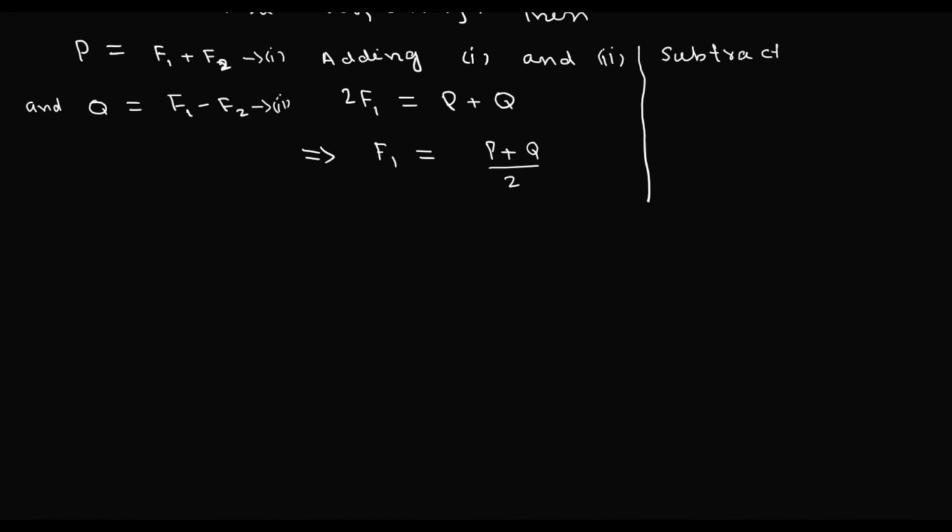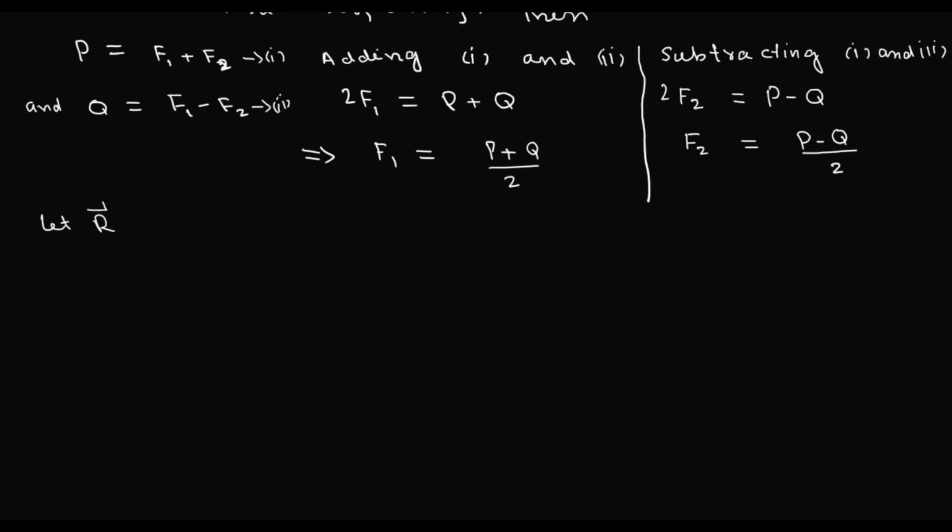Okay, now subtract equation 1 and equation 2. After subtracting, we get 2F2 is equal to P minus Q, and from here we can write F2 is equal to (P minus Q) divided by 2. So we have found the value of F1 and F2. F1 is equal to (P plus Q) divided by 2, F2 is equal to (P minus Q) divided by 2,